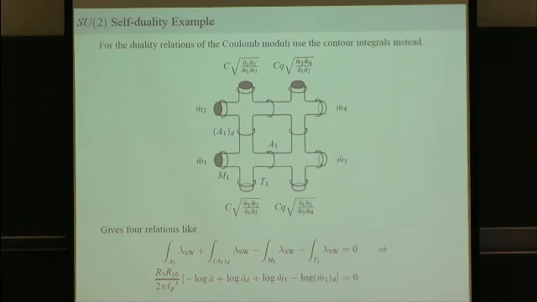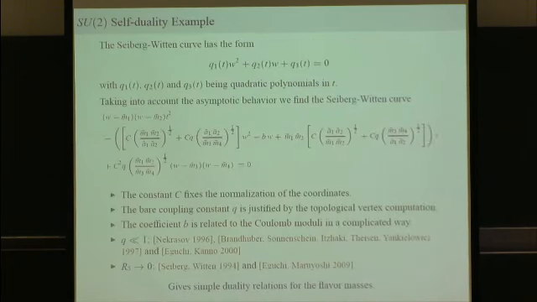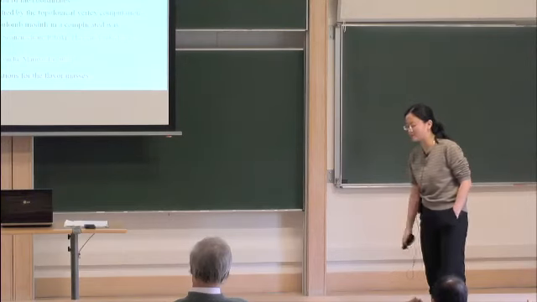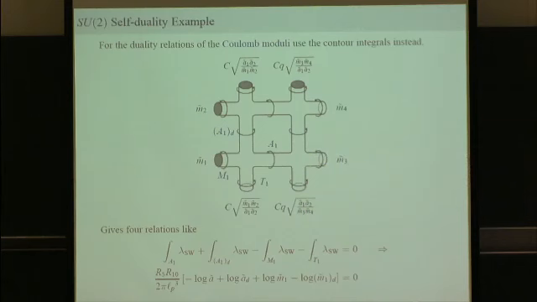For the duality relation of the Coulomb moduli, in principle you could do it implicitly from the transformation of this B. But to determine B in terms of A is really complicated, so we choose to compute the contour integral of the Seiberg-Witten one form instead. So looking again at this M5 brane picture, one could take the contour integral around each of these 4 junctions. If I concentrate on this one, the integral going around up here and down here, up and down, should be vanishing.